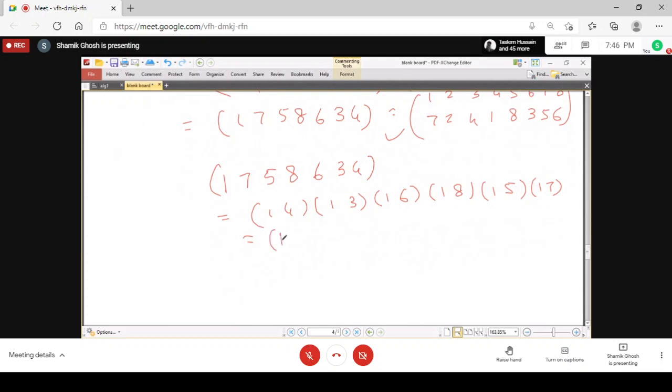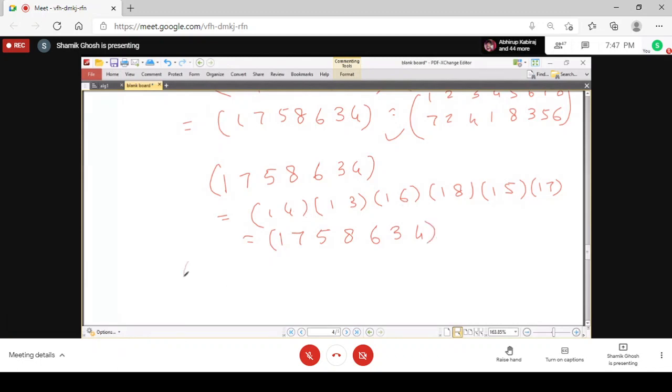So if you have 1, then 1 to 7, and there is no 7 here, so we put here 7. So you start with 7, 7 to 1, 1 to 5, there is no other 5, so we put here 5. Again 5 to 1 and 1 to 8, there is no 8 here, so 8 stands. Then 8 to 1, 1 to 6, you get 6. And then 6 to 1, 1 to 3, you get 3. Similarly, 3 to 1, 1 to 4, you get 4. And ultimately, you get 4 to 1. And there is no 4 before that, and 4 to 1, and so this closes.